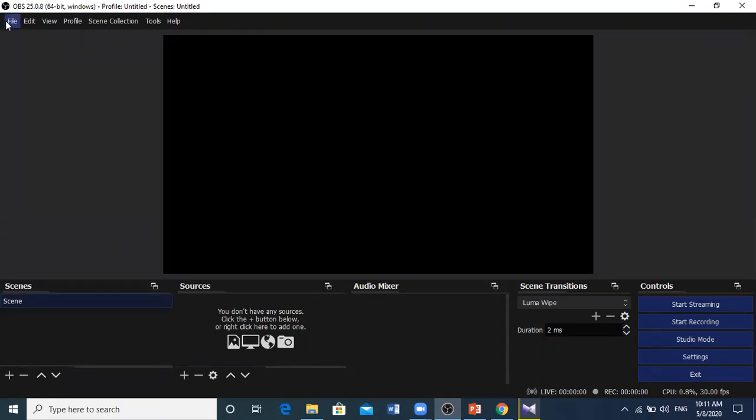From the top also we can see many features, and here scenes, sources, audio mixer, scene transitions, and a number of options. In today's session, I am just discussing how you can create an educational video and how you can share it with your students. For that, once you open this particular software, you have to go to settings.